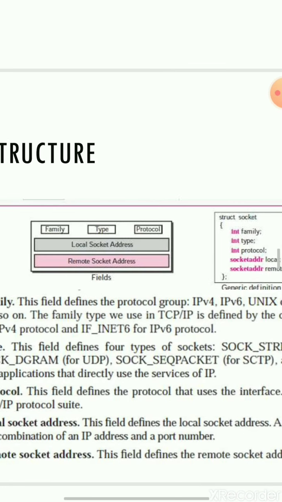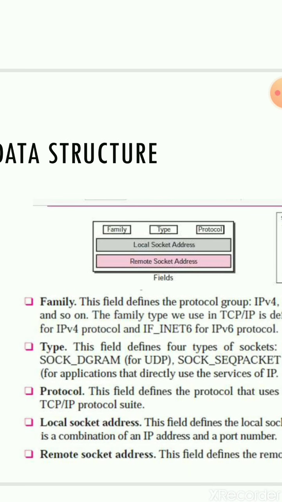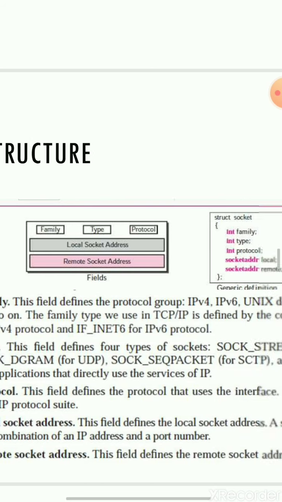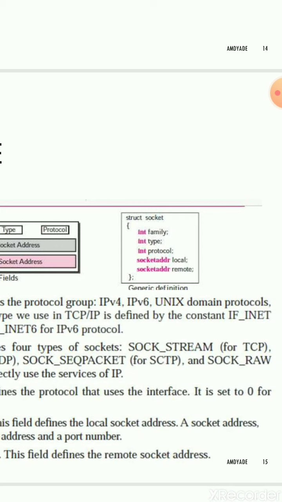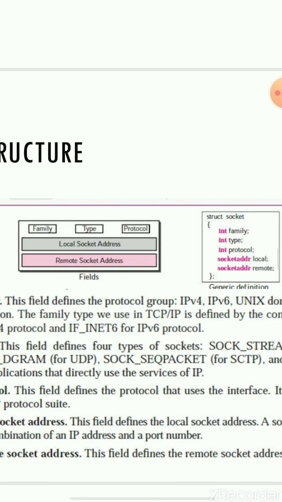There you can see in the second field, type: SOCK_DGRAM is used for UDP. SOCK_STREAM is used for TCP. SOCK_SEQPACKET, sequence packet, is used for SCTP. And SOCK_RAW is used for direct services provided by IP.